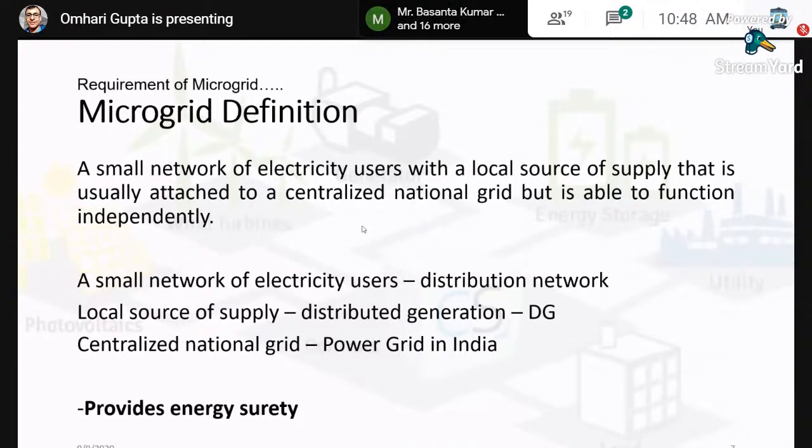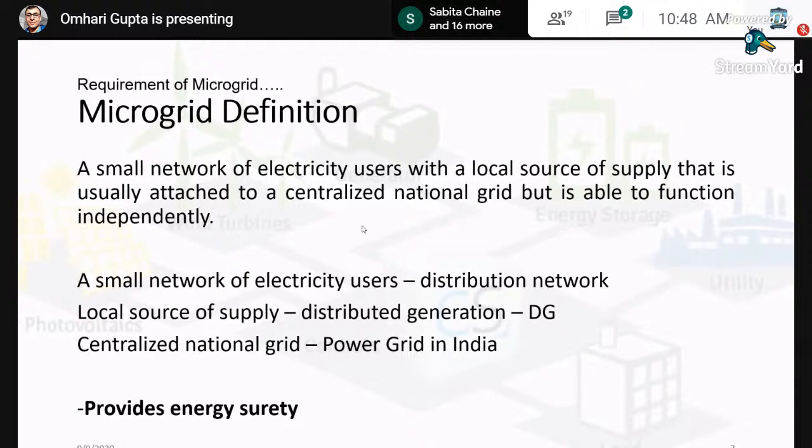Okay, here a small network of electricity users is nothing but the distribution system or distribution network. Local source of supply is nothing but your DG or distributed generation. Centralized national grid is nothing but what we call the utility grid or main grid. In India, it is your power grid. Okay,